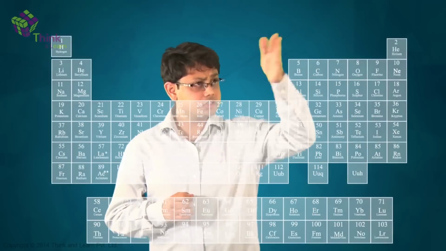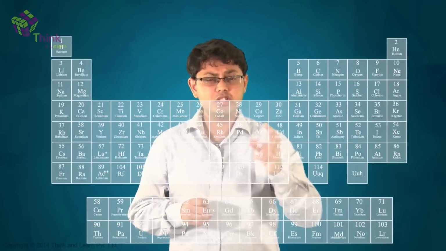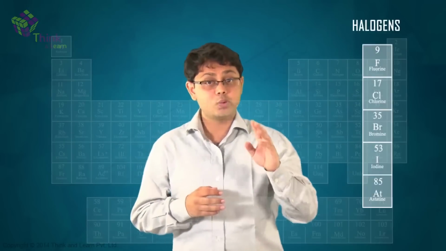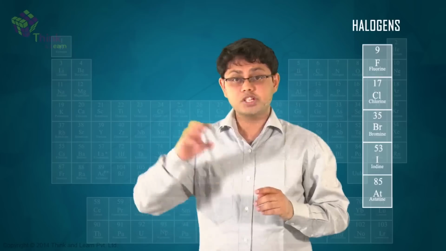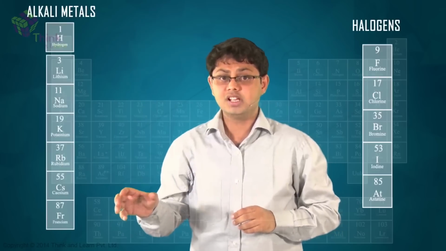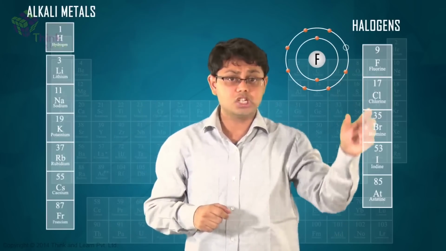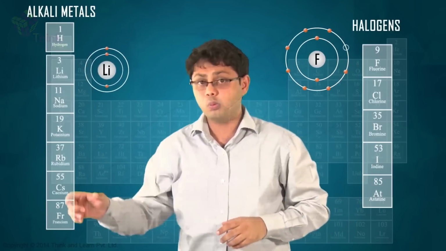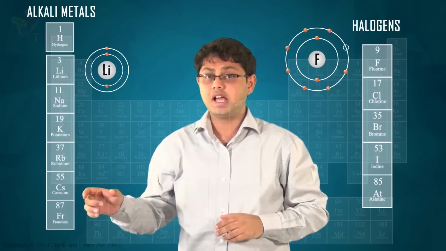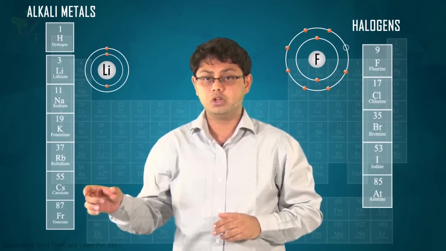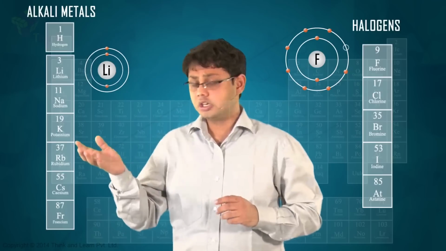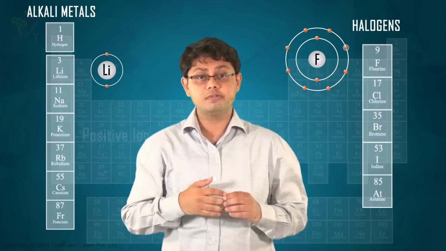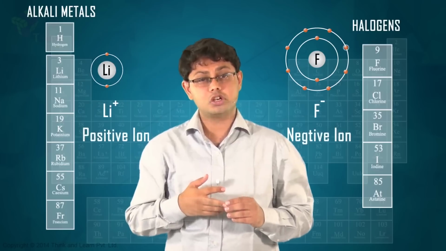In this column, next to the noble gases, sit the most energetic and reactive gases on the periodic table, the halogens. They react violently with elements which sit on the first column called the alkali metals. The halogens have 7 electrons in their outermost layer, 1 short of the octet they need, while alkalis have 1 electron in the outermost level and a full octet in the level below. So it's natural for the latter to dump their extra electron on the former, and the resulting positive and negative ions form these strong links.